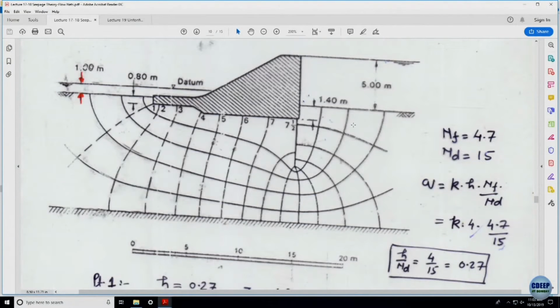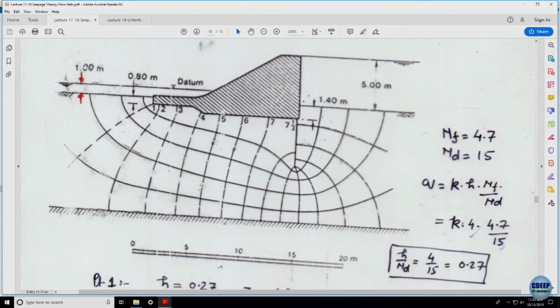So, I think now you can realize that drop number 1, 2, 3, 4, 5, 6, 7, 8, 9, 10, 11, 12, 13, 14, 15. So, I have drawn ND as 15. The flow lines would be 1, 2, 3, 4, and then some fraction of the squares which I am considering as 0.7. So, number of flow lines I have taken as 4.7. You can compute Q value as usual, and this is the discharge which is taking place through the bottom end of the sheet pile, you may say, from the opening.